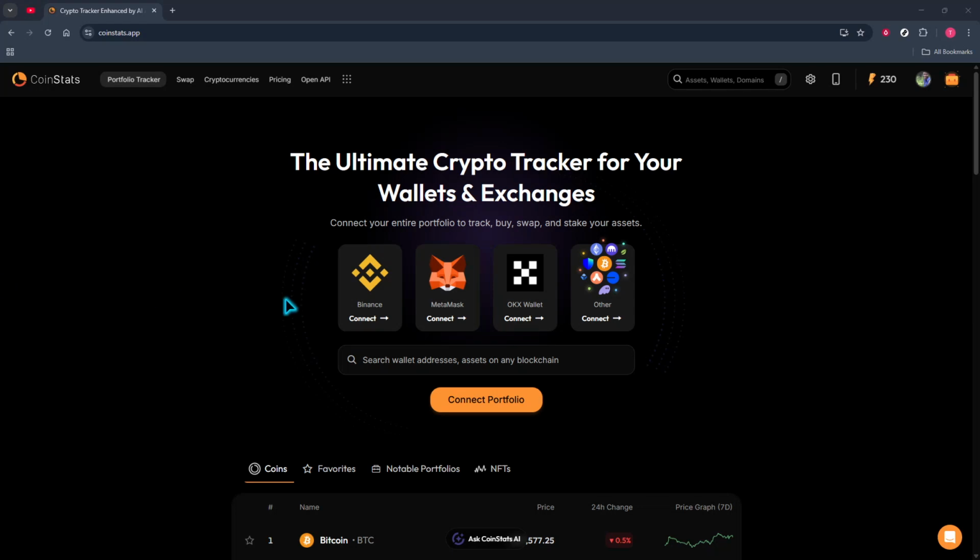In today's video, I'm going to teach you how to change theme on CoinStats account. By the end, you'll know exactly how to switch between light and dark modes so your dashboard looks and feels just right for you. This is quick to do, but a little context goes a long way. Themes affect readability, eye strain, and even battery life on some devices, so it's worth picking the one that suits